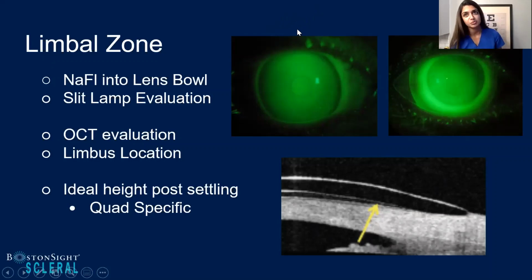It's interesting because with the slit lamp, no matter how high you go on the magnification, it's said that the human eye can only really appreciate about 15 microns of clearance at the limbus. So oftentimes, using an OCT can really give you confidence and trust in yourself as a fitter. And the goal with the limbus is that you want to maintain a nice low profile of corneal clearance at the limbus to make sure you're not doing any harm to those stem cells.